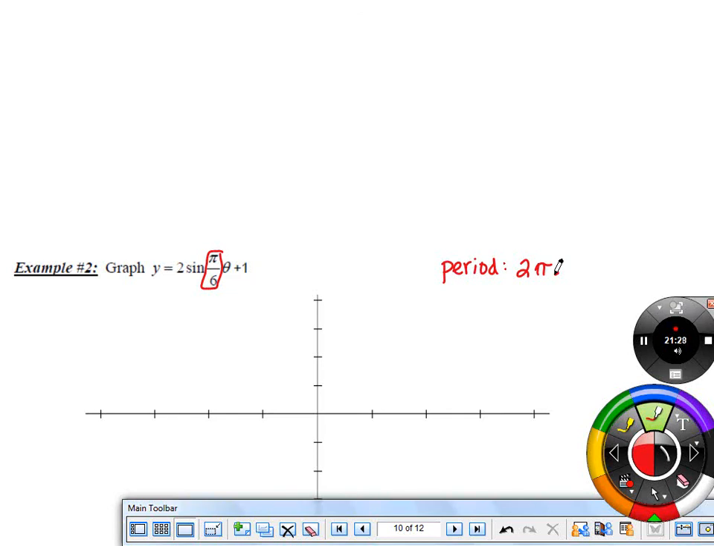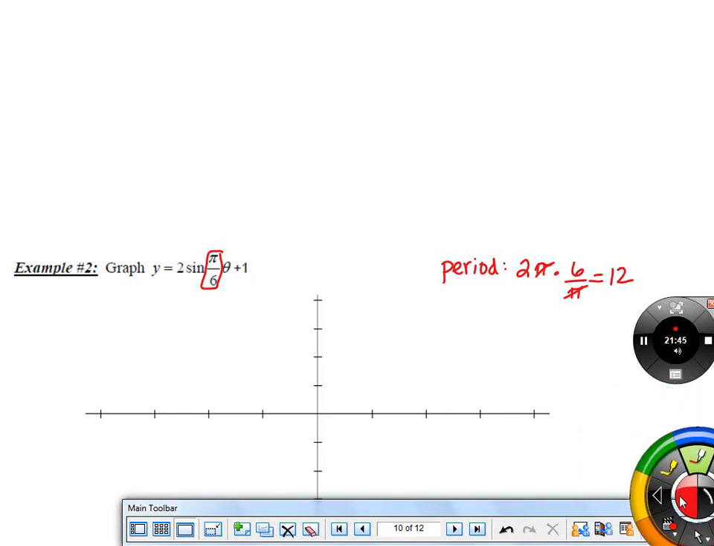So this is pi over 6. We're going to multiply by 6 over pi. Those pi's will cancel, giving us a period of 12. Random, right? 12. So that just means, and you guys can extend the graph here, that I'm going to make the fourth mark on my graph 12 if I'm looking at a period from 0 to there,